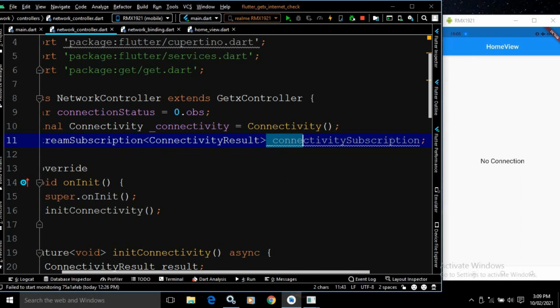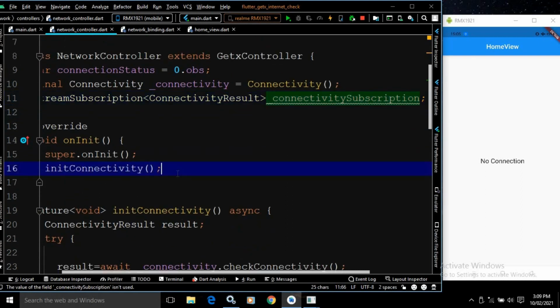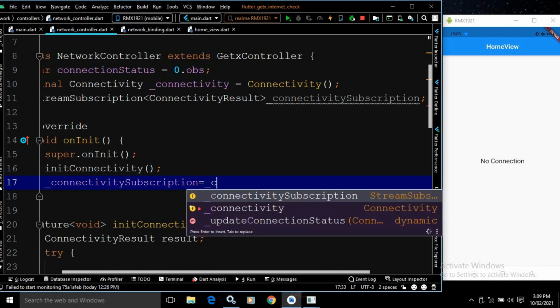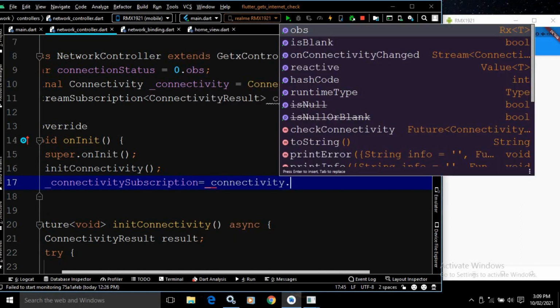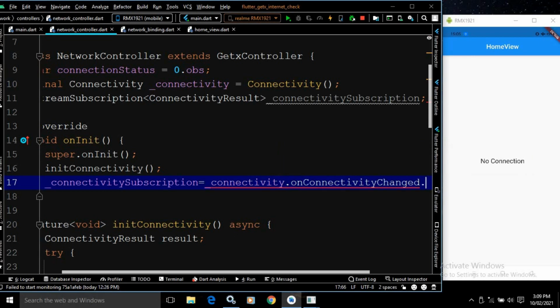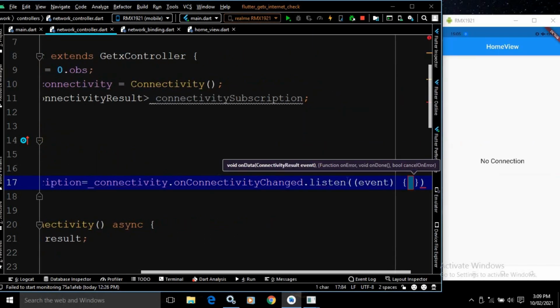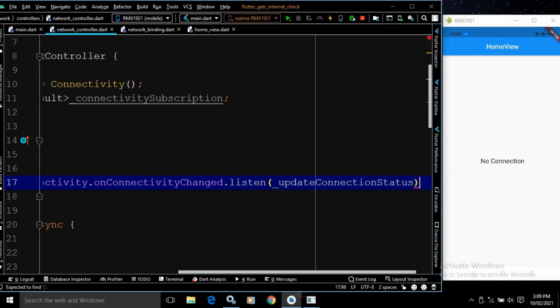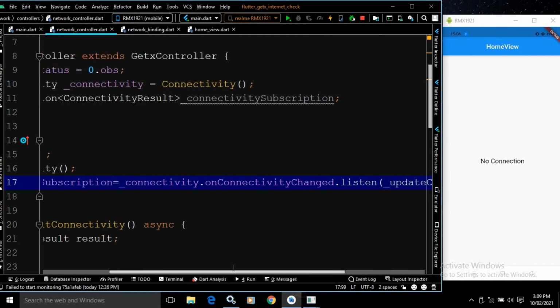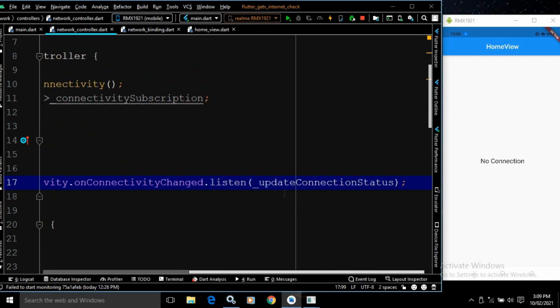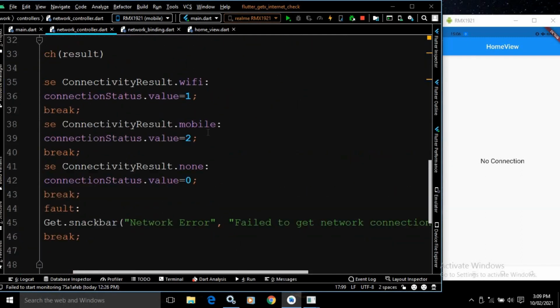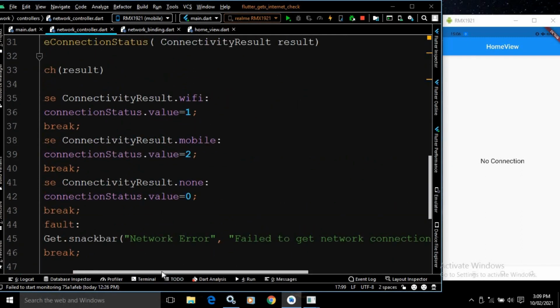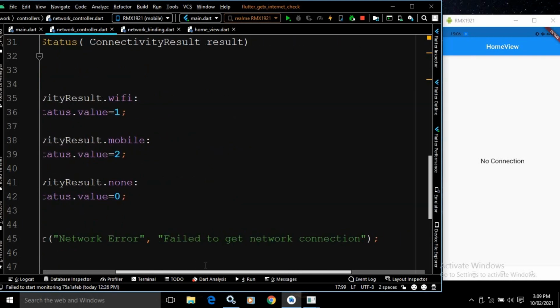Okay, and here I will write connectivity subscription equals to connectivity dot on connectivity changed dot listen, and here I will call that method which I have created, that is update connection status. That's it. It will listen to the network changes, and whatever the network status is, that will be passed to update connection status, which will check whether it is a Wi-Fi connection or mobile connection or there is no connection, and accordingly it will display the message.